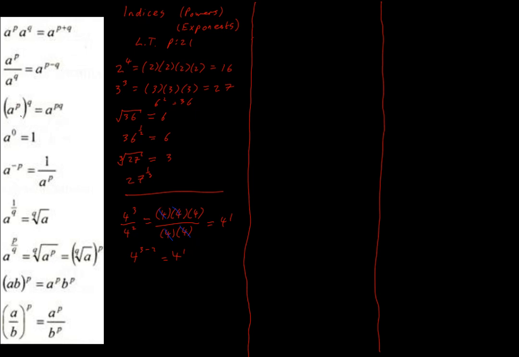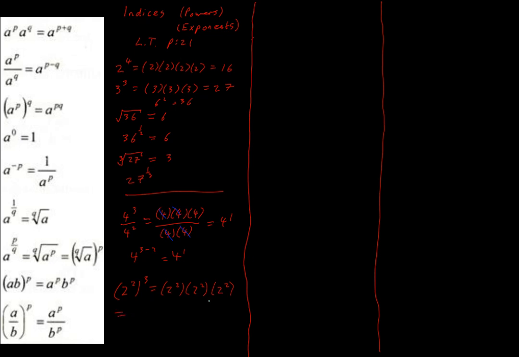Likewise, I have a rule like a to the power of p in brackets to the power of q. So power in a bracket is going to mean that I end up multiplying the powers. As an example, if I had 2 to the power of 2 in brackets cubed, what would that mean? Well, cubed means I multiply something by itself 3 times. So if I just keep my head and do what I know the thing means, it must be 2 to the power of